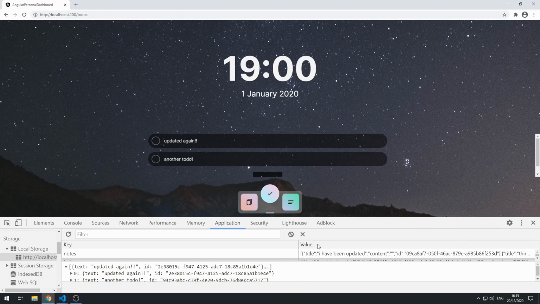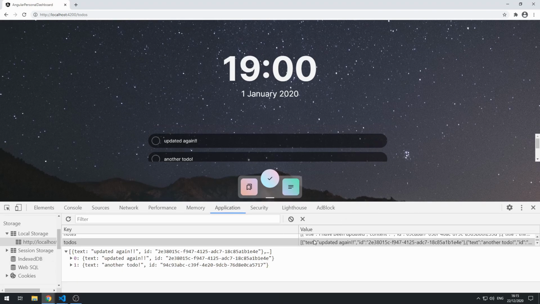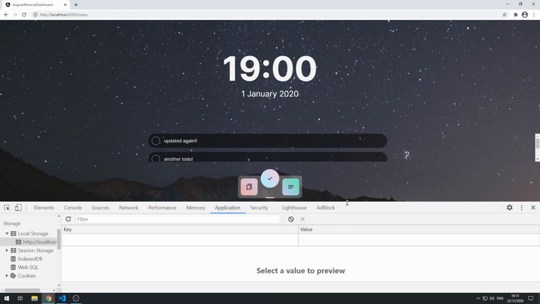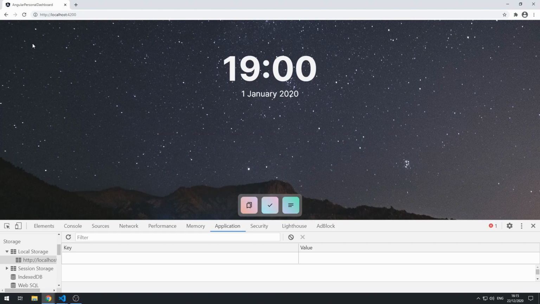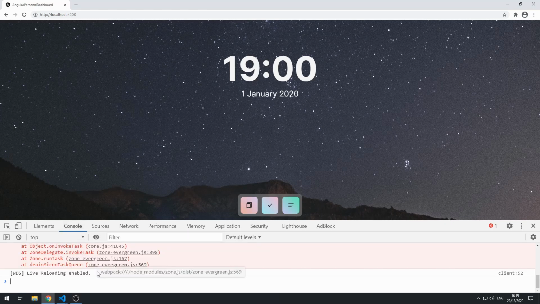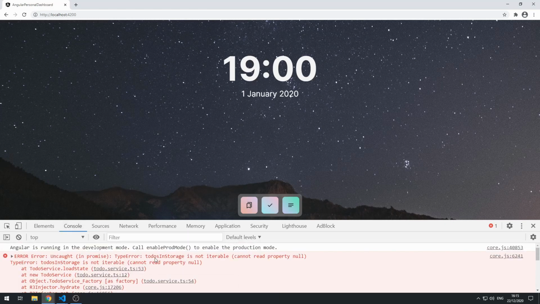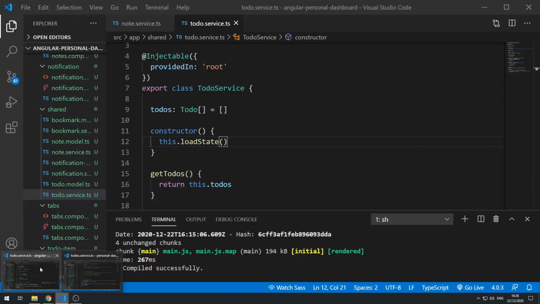Let's now go here and let's actually clear all of that. Let's reload the page. Okay, and we can't see anything. We're getting an error here. To-dos in storage is not iterable. All right. So the reason for this is because